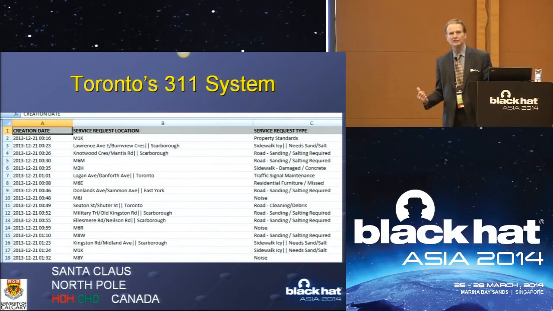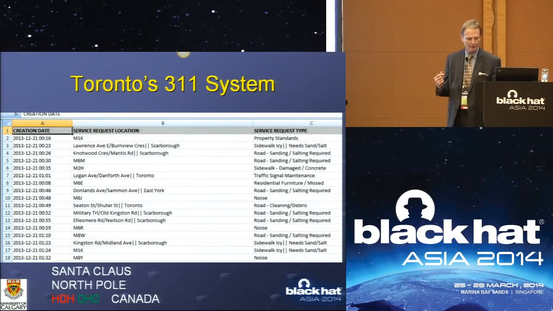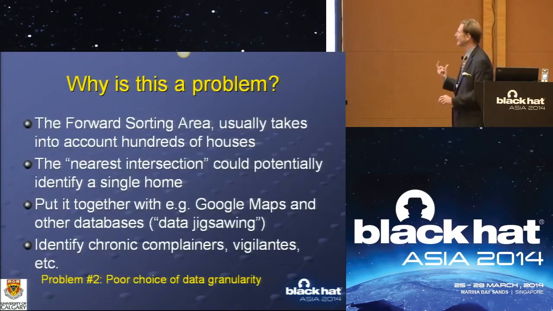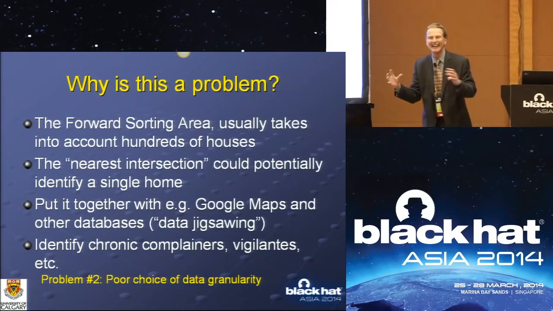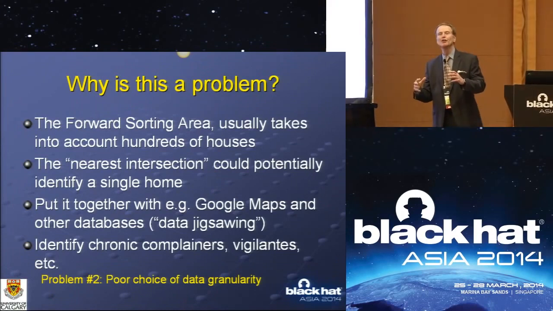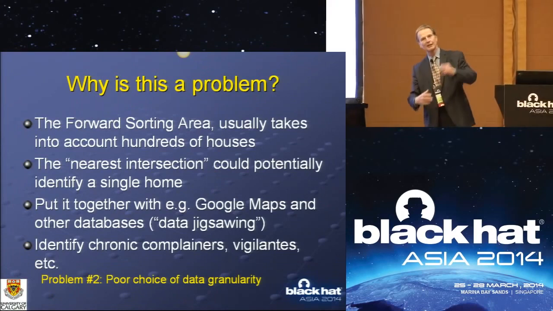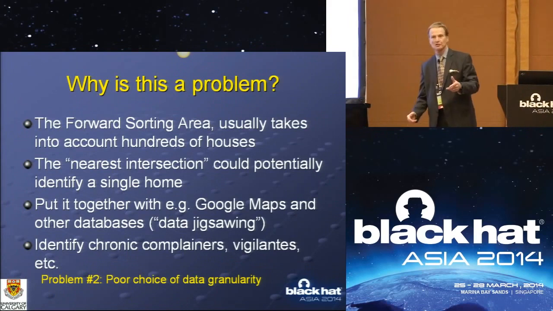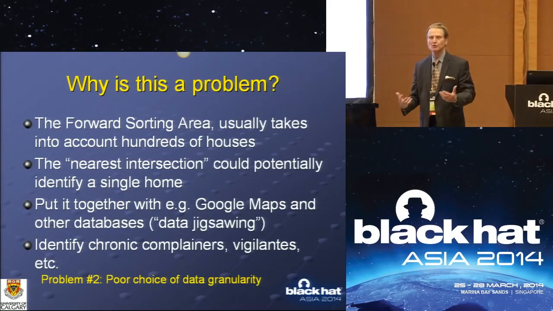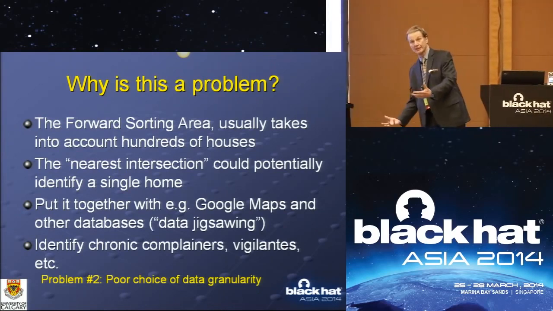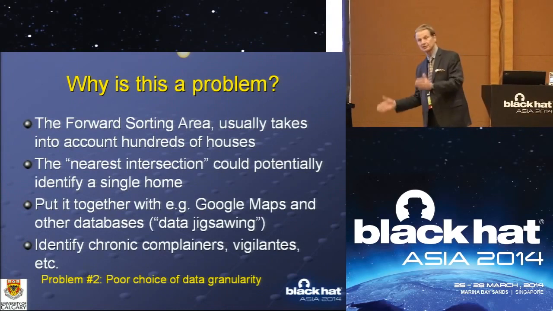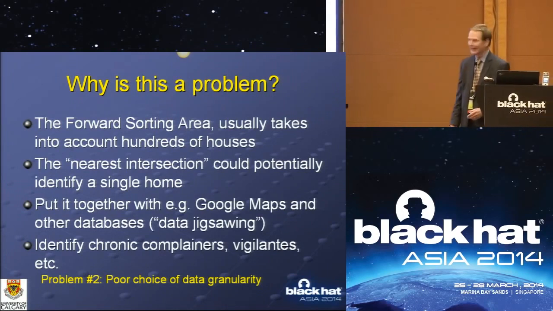So the moral of this story is to be careful about what you call data granularity. Data granularity is how finely you divide your data. If you make it too fine, then you might be pointing the finger at a person. The whole idea here is you want to make the data available, but you never want somebody to be able to learn details about a particular person. As you'll see in this talk, there's a lot of ways that happens.